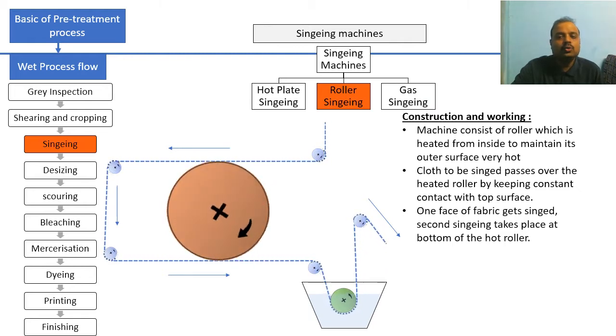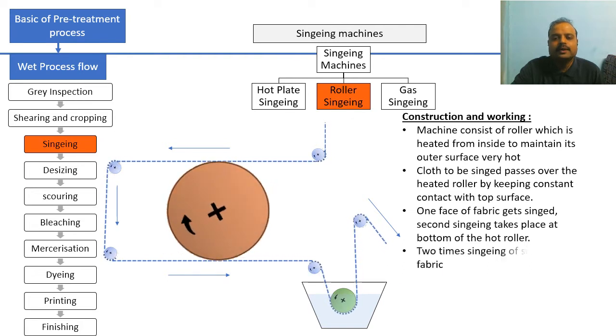Yes, singeing takes place two times. The fabric passes over the top surface of the roller, is then guided through the guide rollers, and again a second time it touches the bottom surface of the same roller, right? So the fabric gets singed a second time from the single roller, and then it moves to